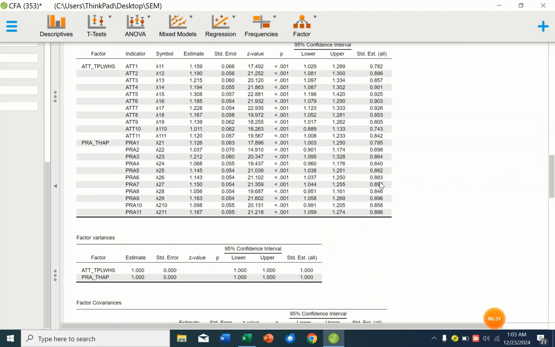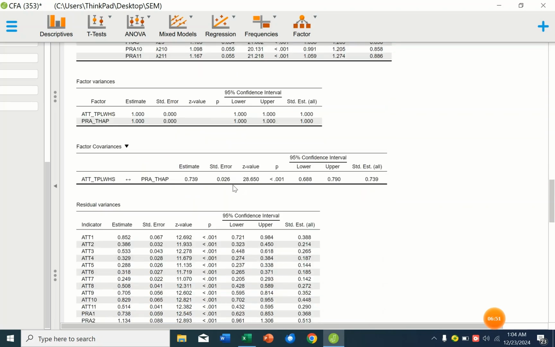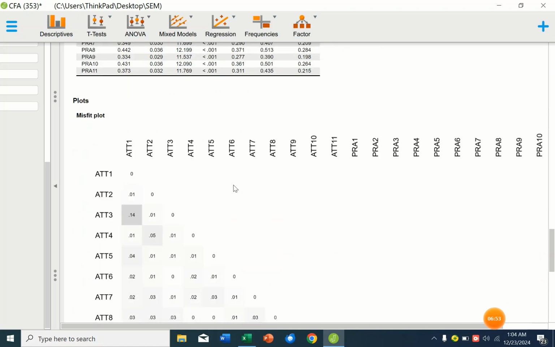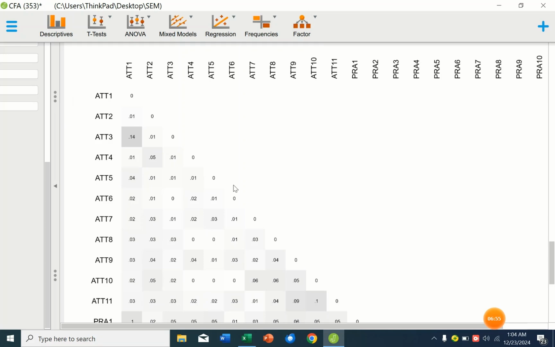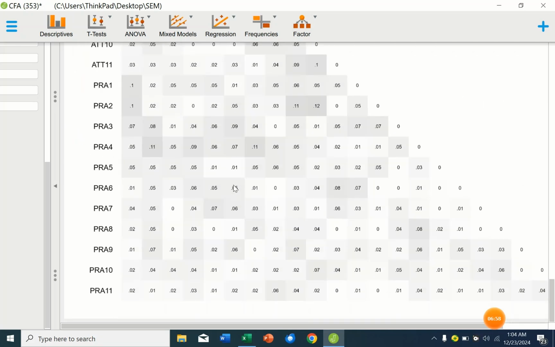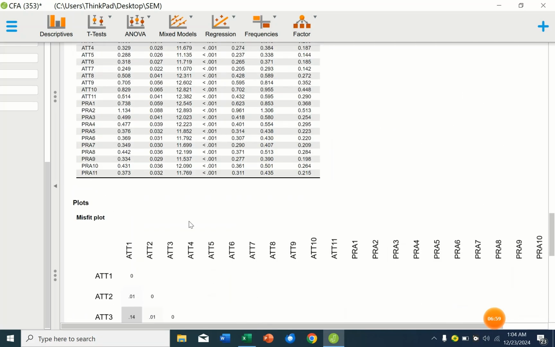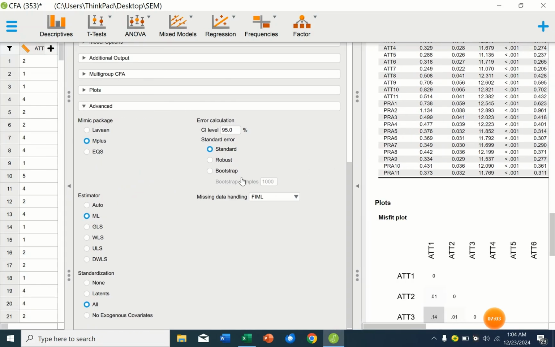So you see we have good estimates. They are all above 0.5. The minimum I think is 0.698, which when you convert becomes 0.7. So approximately we can say that we have good loadings in our study. So let's go down, misfit plot. Okay, so you see one thing I don't like about using this interface is that